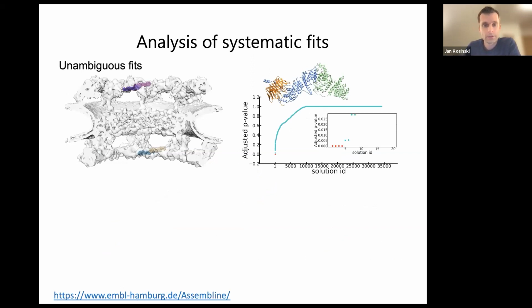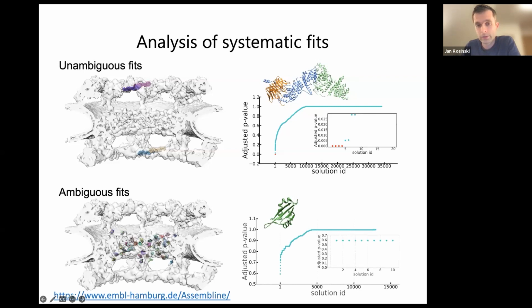This is just a demonstration of how useful it is, even if you don't run the further assembling steps. If you take this structure and fit it to the map, you see that you have very significant p-values, and this structure fits unambiguously in 4 locations. But sometimes when you have a small subunit or small domain, it would fit the map in many different places in the same way. You may get very good cross-correlation for these fits, but because the cross-correlation values are all the same across the map, the p-values would say that you cannot actually tell which one is correct.